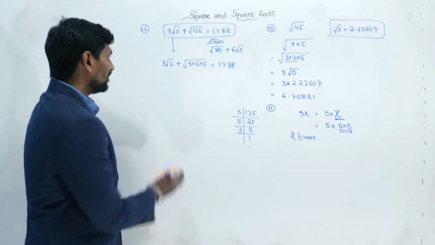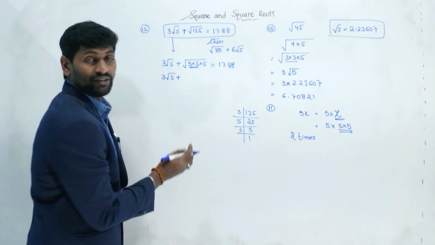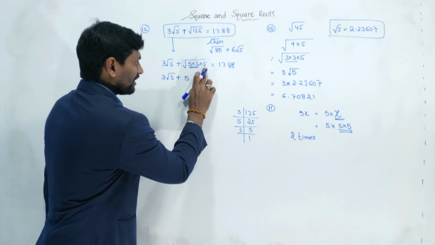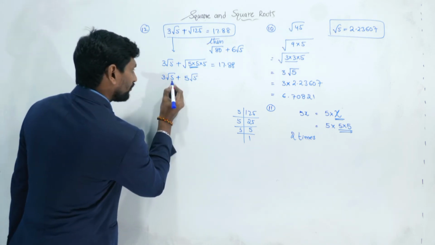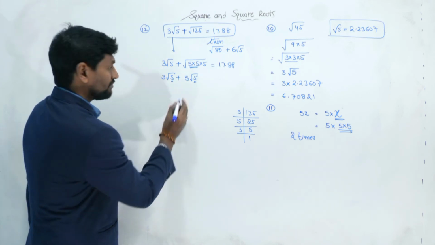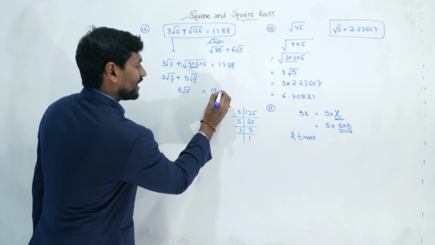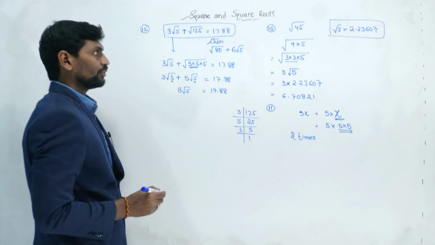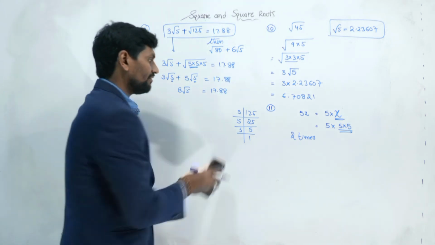Now this 3 root 5 as it is. From these two 5s, I can take one 5 out without the root, that is 5. What is remaining? One more root 5. Now here the root 5s are both the same. Root 5 here 3 times, here 5 times, total 8 times. This is 8 root 5. 8 root 5 value is 17.88. Now we need to find the value of